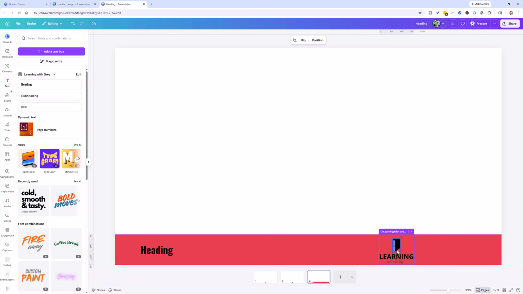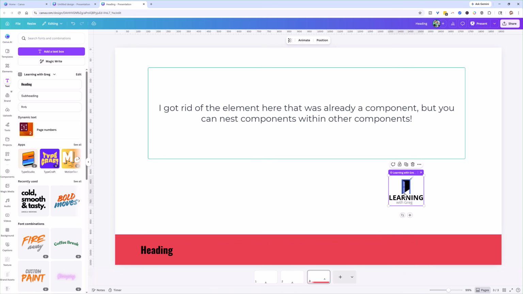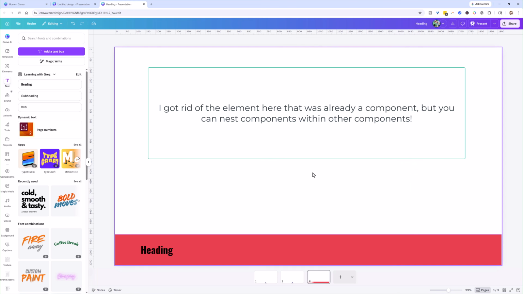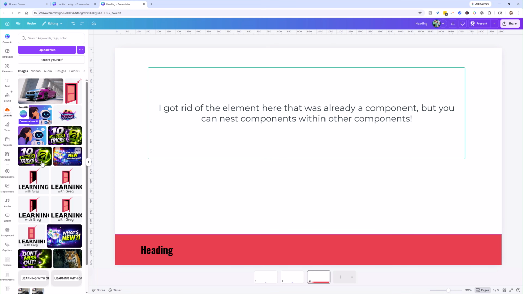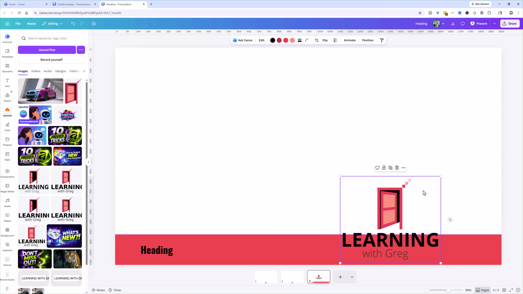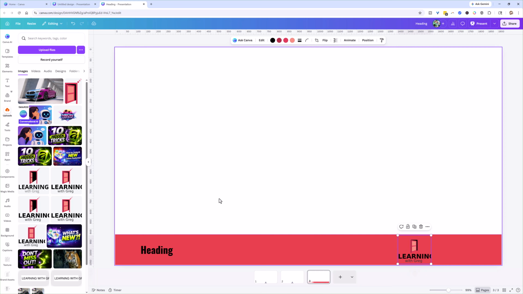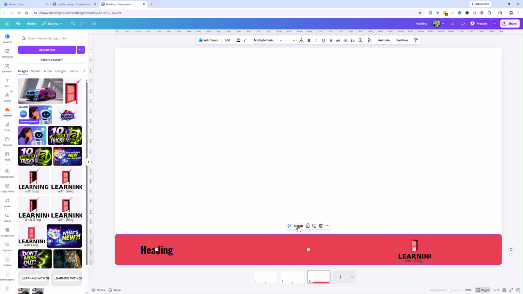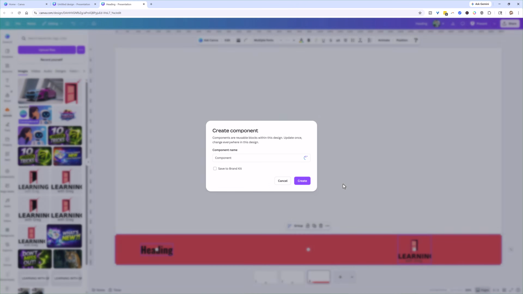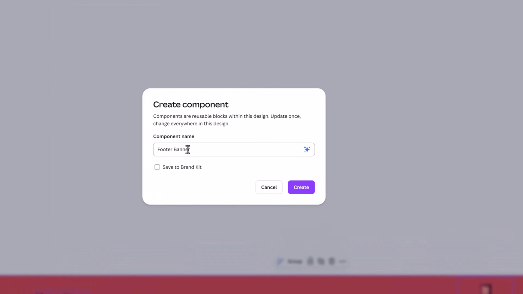And again, this is already a component, so let's get rid of this one here. Let's just add in an original version of the logo again. So I'll go back to my uploads. Let's just grab this one here. That's fine. Click on this, bring it in here. And so you could have also been doing something like this. And then if we had selected all of these, so more than one object, I have all of these, I could group all these together or just have them all selected. And now I could go create component, and I could call this one, again,